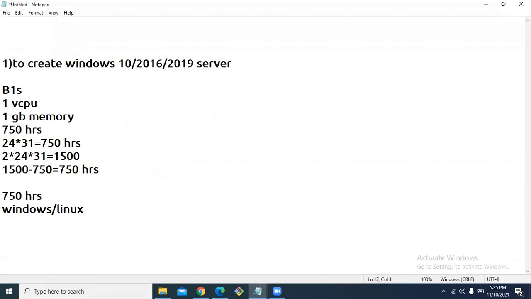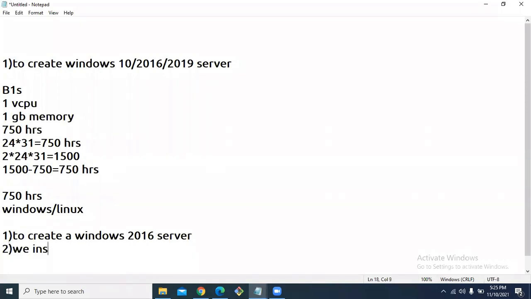So today's agenda is to create Windows 2016 server. Then we install IIS. IIS means it is an app server.